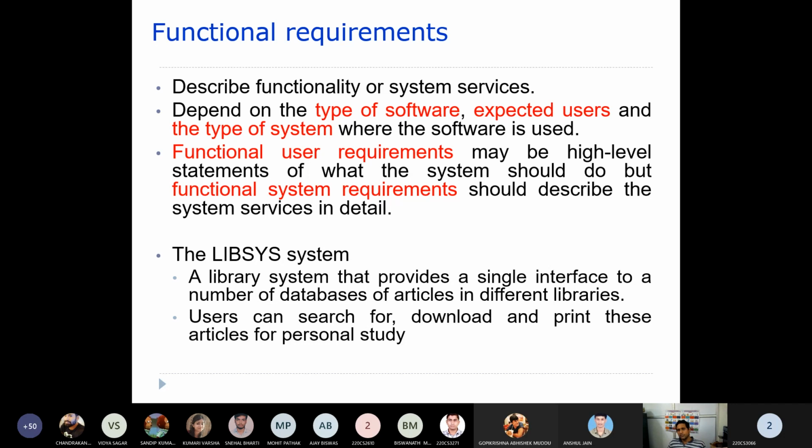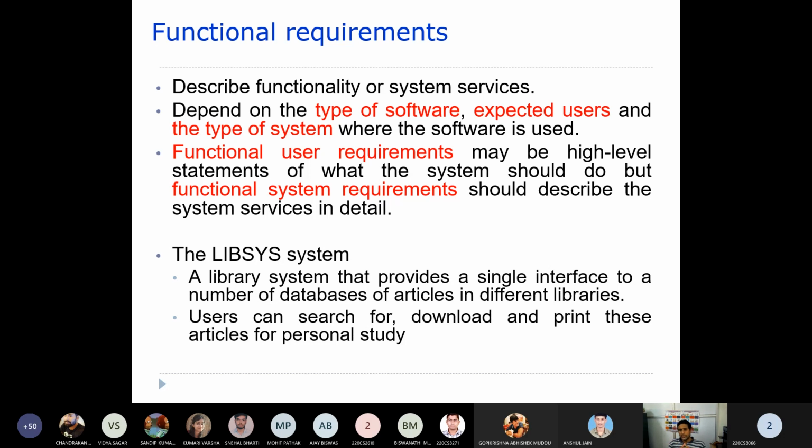If it is a banking kind of software, whether it is a standalone application or a distributed application. In case of banking, it is a distributed sort of application. The software type is distributed. And what sort of users are going to use it? Whether only people with a banking domain are going to use it, or people without banking domain are also going to use it. So what sort of users are actually going to use that particular software?